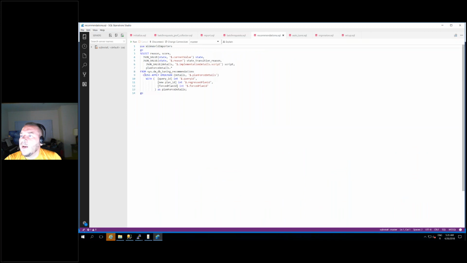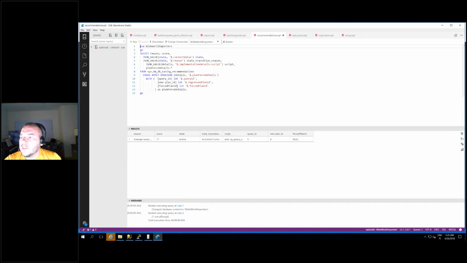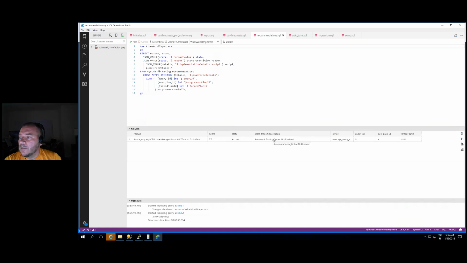In SQL Server, we have a query store view called sys.dm_db_tuning_recommendations. So let's run this query and see what the recommendation to fix this is. First of all, it tells me that the average query CPU time changed from 88 milliseconds to 391 milliseconds. That's huge. And there is also a proposed fix. Automatic tuning option not enabled.